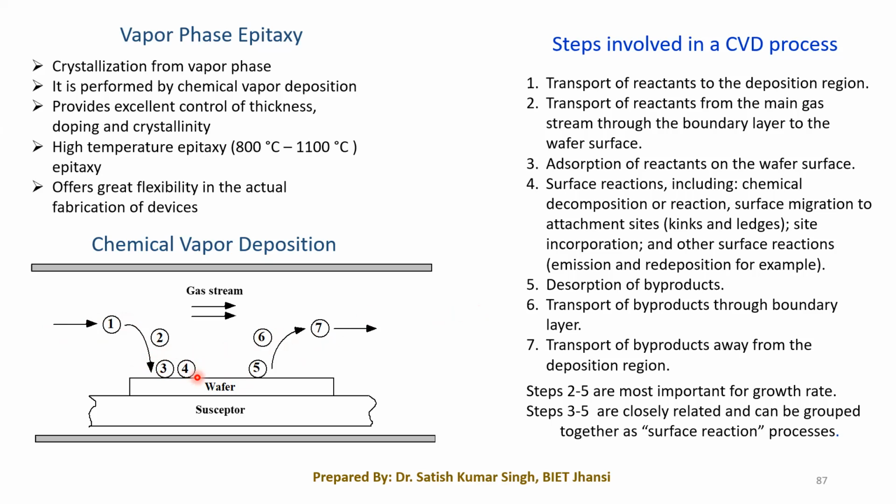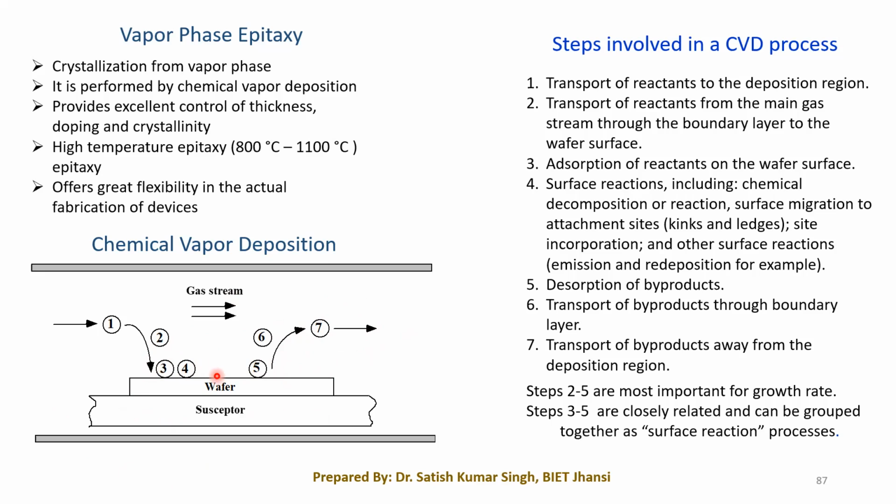If the sticking probability is very high, obviously a certain reaction will take place and form a particular layer, and then a certain byproduct will be formed that has to be carried away from this chamber. This way the entire reaction will take place, and we form a particular layer. Obviously, you can understand the thickness of the layer, or you can say the reaction rate,